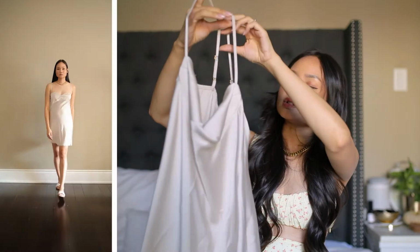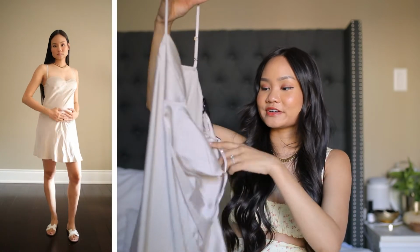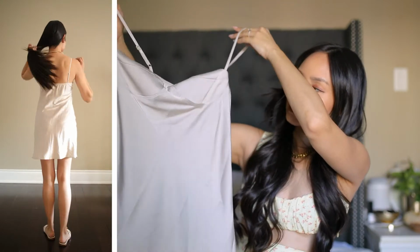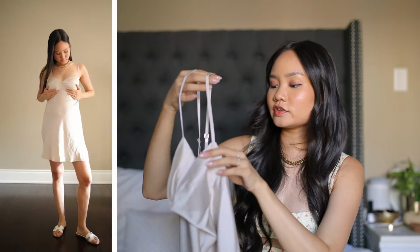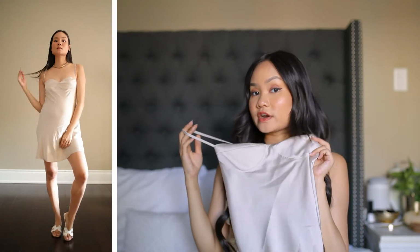And I don't know if this is actually a lingerie or a piece of, oh, it says Zara lingerie on here, but knowing me, I'll just still wear it out. It's this stunning little nightie that has bustier detailing. There is no underwire though, so it's gonna rest really lightly on your breast. If you have smaller boobs, I think this is gonna be a better silhouette for you. I don't think those with larger breasts will get much support out of this unless you're wearing a bra underneath,